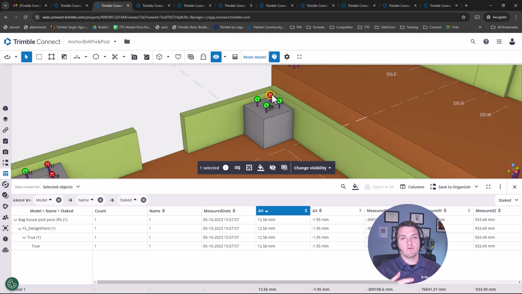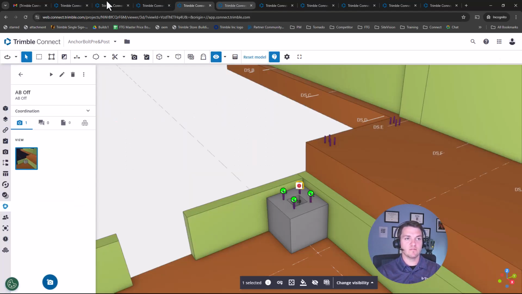Invite the owner, other subcontractors, clients, whoever, to the project. Open the view that you want to have them in. Generally, this helps with scan data. And if I show you another one, actually,